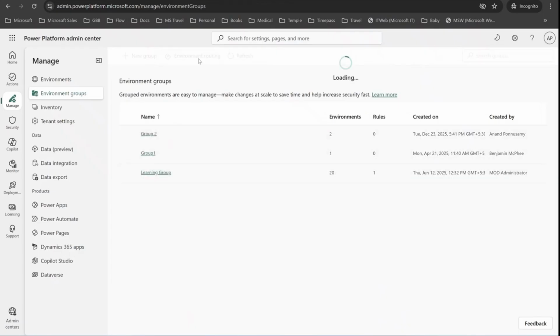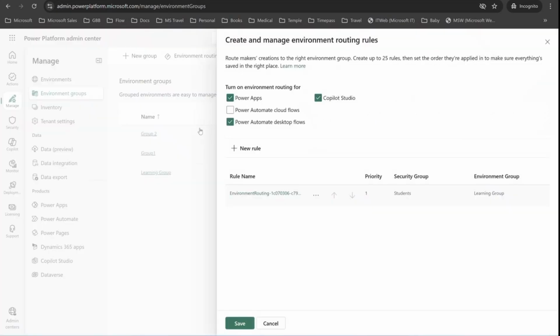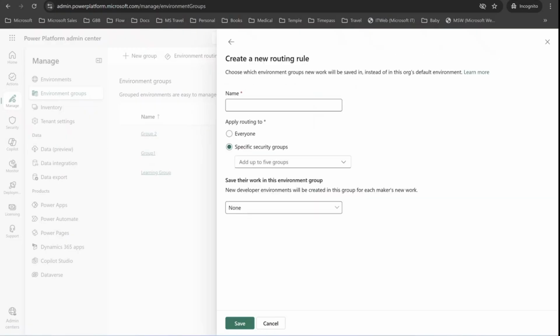The other capability is environment routing. So when you enable this environment routing, whenever somebody is trying to create apps and flows and so on, you will be able to redirect them to a particular environment. Say, for example, if you have an HR team, they are created as an HR security group in Entra or Azure AD, and anybody trying to create HR apps should be redirected to a particular environment. You can say HR routing rule,